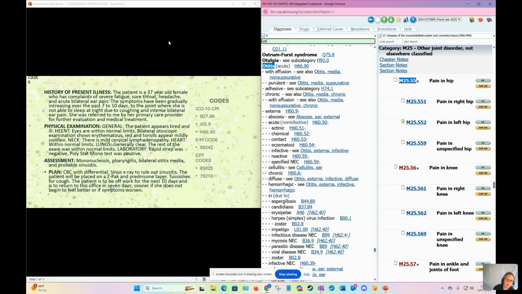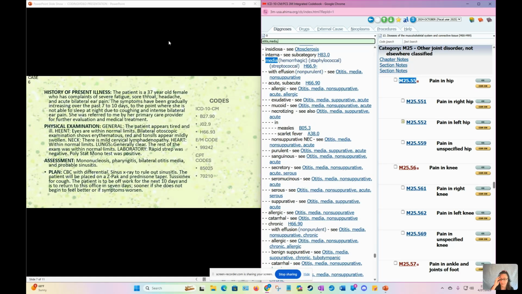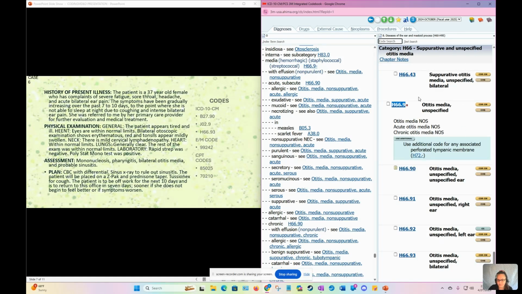Then we have otitis media, and in the index they give us the partial code of H66.9-, and we have to find the correct laterality, which would be H66.93, bilateral, both ears. The evaluation